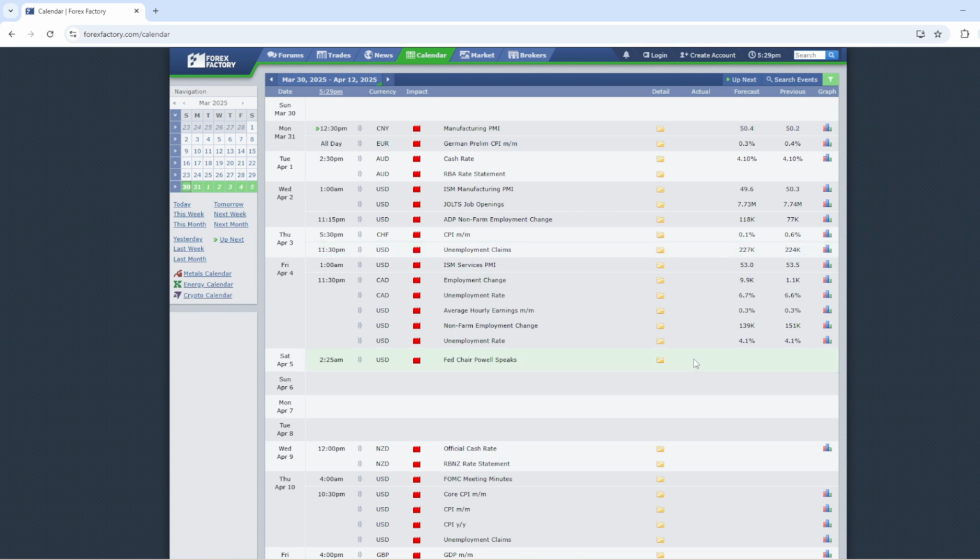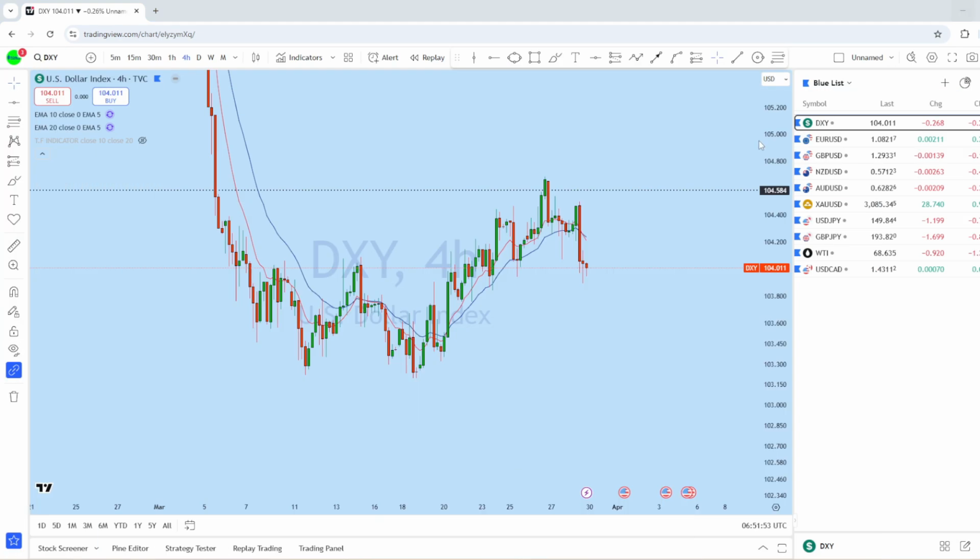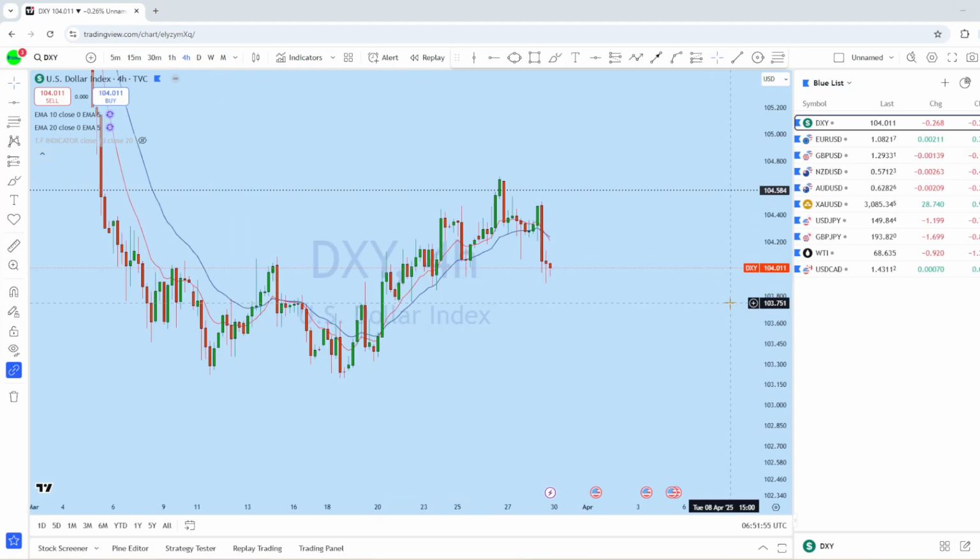And then throughout the week we can see quite a few high impact news that will definitely increase volatility in those pairs that you can see on the list: DXY, EURUSD, GBPUSD, NZDUSD, Aussie dollar, gold, USDJPY, GBPJPY, WTI, and USDCAD. These are the instruments we will be looking at to see what kind of trading opportunity we may have throughout